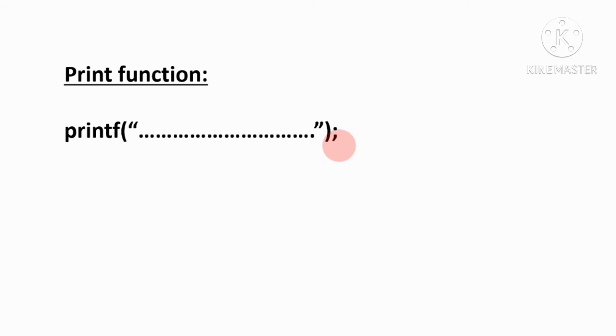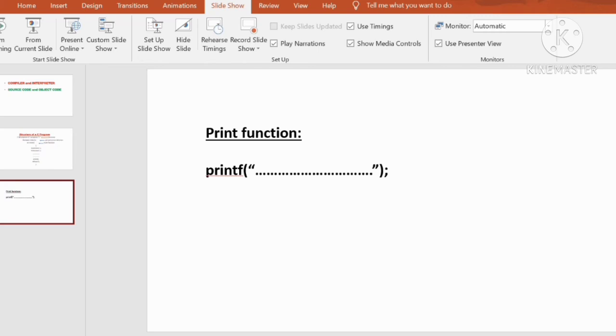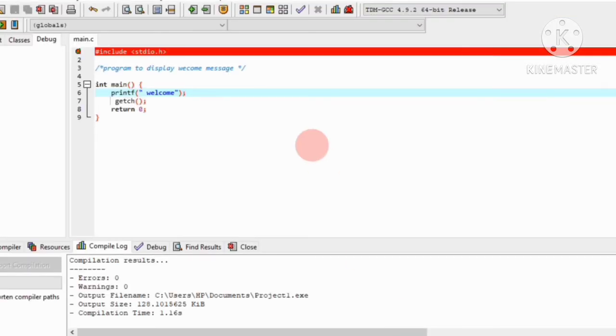So this is the theory, and now I'm going to start the practical one. See here, this is the practical part. I already told that for C programming the first line is the preprocessor directive. So see here, hash include, this is the first line. You have to write it. After that you have to write the comment. See here, I have written the comment: program to display the welcome message.